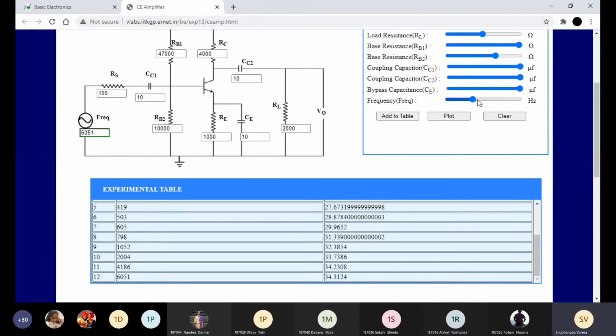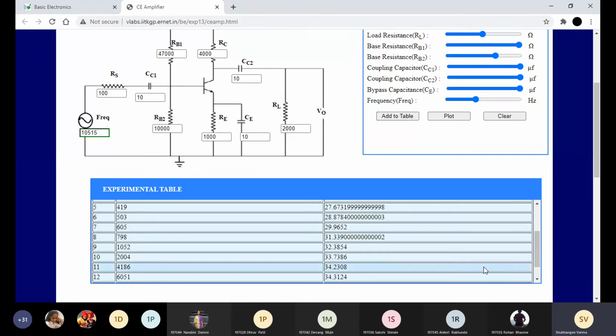Then we are going to take reading for 8 kilohertz. Okay, then we are going to take reading for 10 kilohertz.